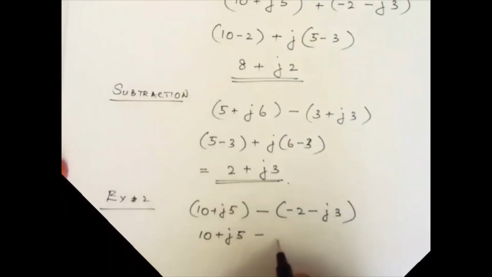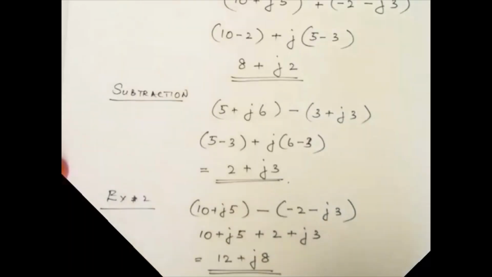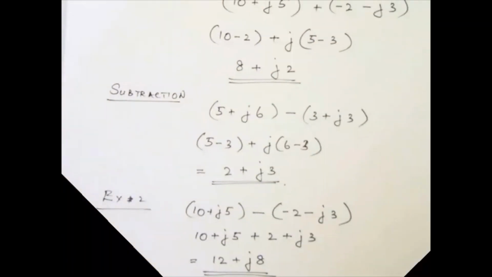You have to multiply by the sign, so that is negative negative, positive 2, and negative negative, positive j3. So it becomes simply 10 plus 2, that is 12, plus j(5 plus 3), that is j8. So that's the answer. So let's go on to do